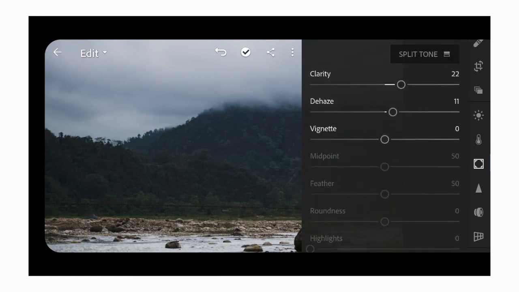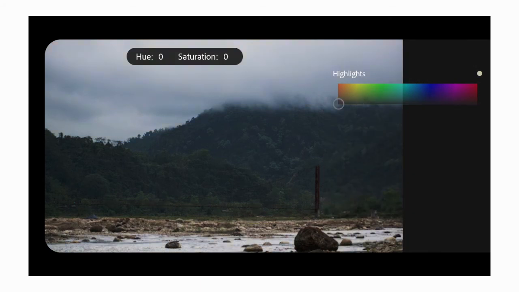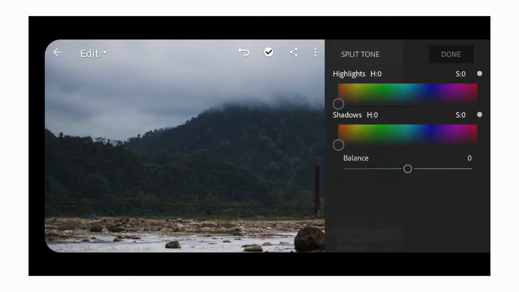Now since we have done the work here, we will go to the split tone. This is a very advanced tool in Lightroom. What we can do is give certain colors to our image in the highlights and shadow region of the entire image.